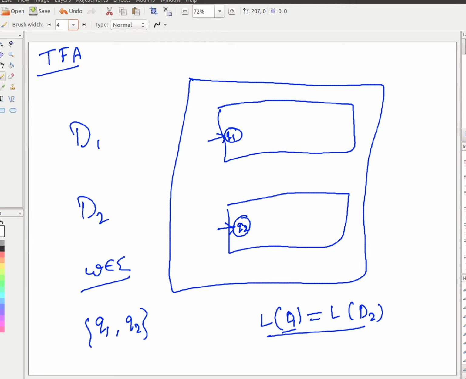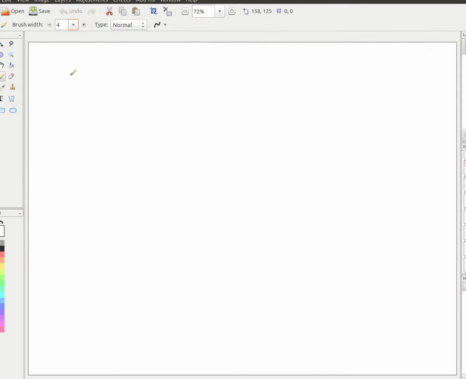Now one concept may come up: there was a DFA D, you applied the table filling algorithm and minimization, and you got a D2. Can this D2 again be subjected to table filling and minimization and give a better answer? The answer is no, because all the states are already distinguishable from each other, so they cannot be further merged. Correct? So using this kind of approach, this is the best you can get. You cannot design anything better or smaller than that.